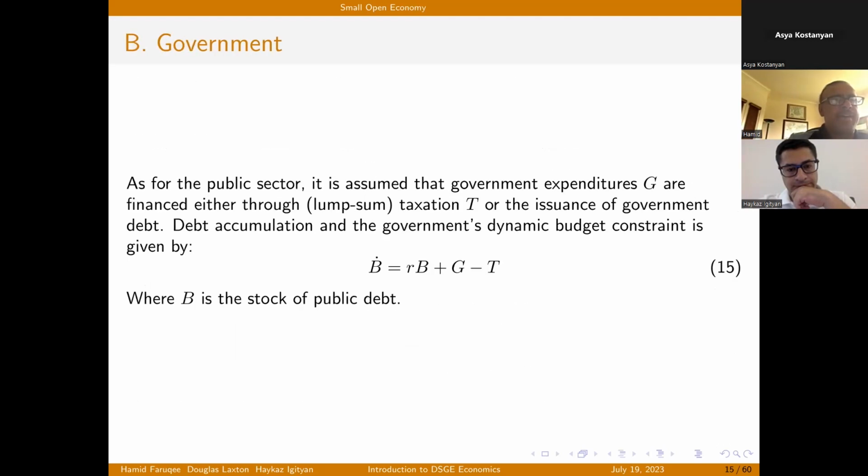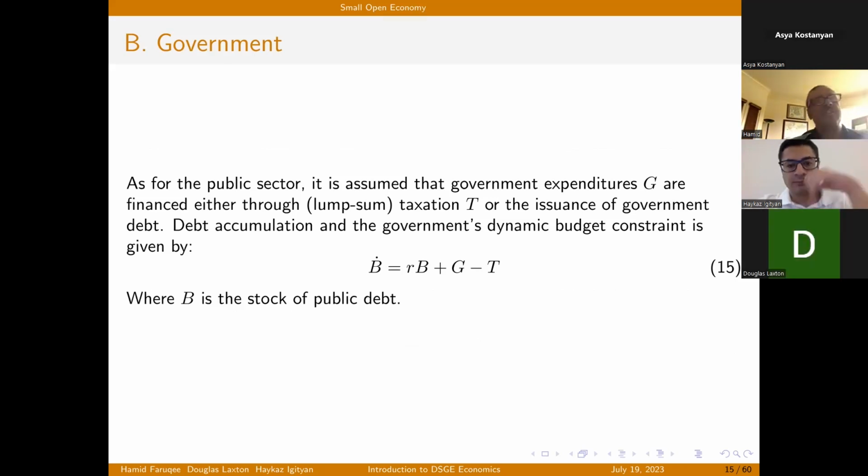Here we have the public sector, again with the standard sorts of assumptions. We have government expenditures G. We have lump sum taxation, a T, that can be derived in different ways. We can extend that with other types of assumptions, such as taxes proportional to income. But for now, we have the lump sum taxation assumption, and then government debt B, which is the stock of